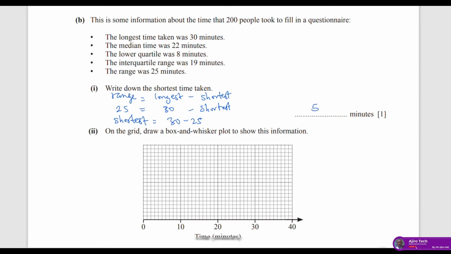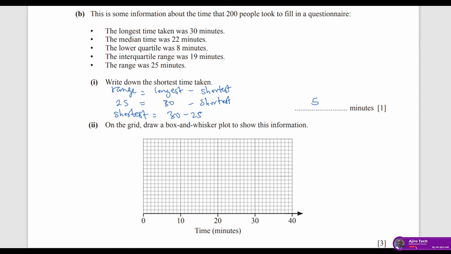So now with this, we can draw a box and whisker plot. Let's first start with the shortest is 5, so I'll mark 5 here. Then the lower quartile is 8, I'll mark 8 here. The median is 22, mark 22 here. And then the upper quartile,